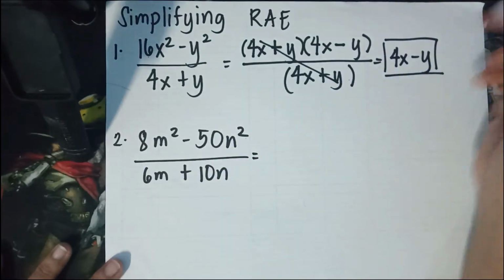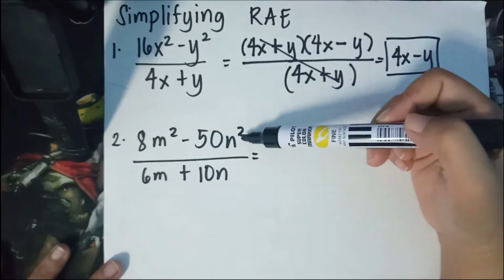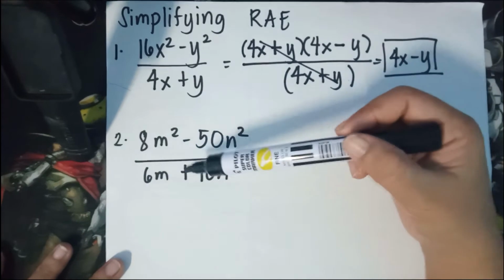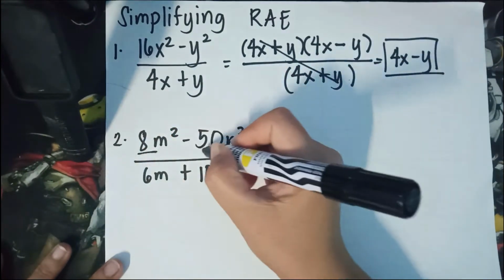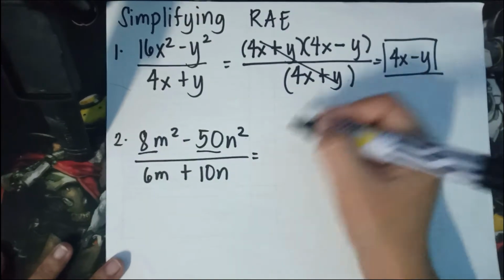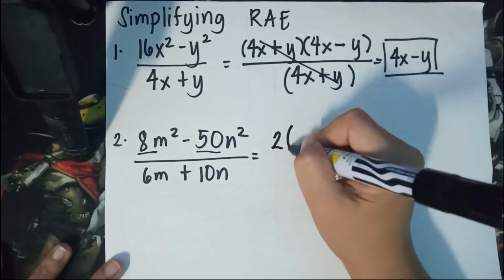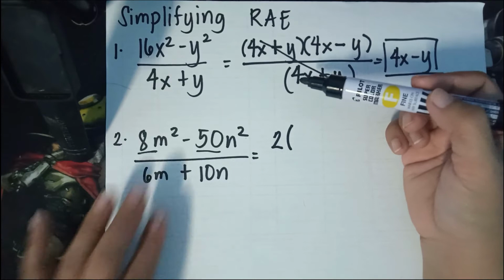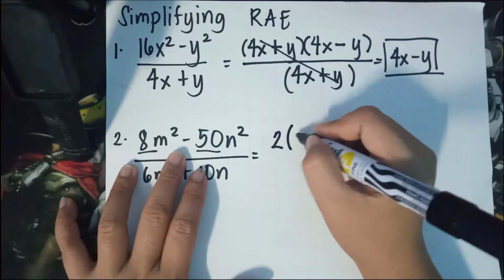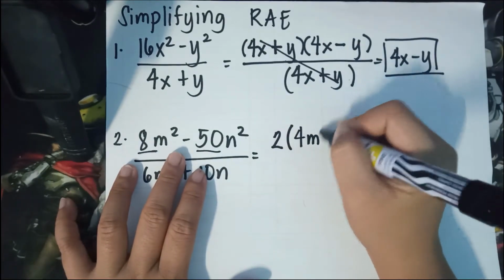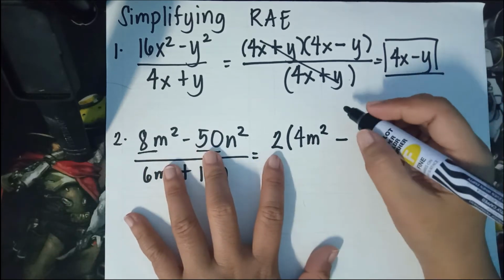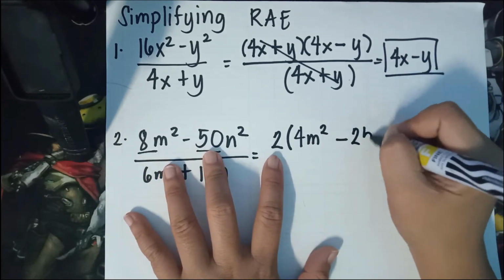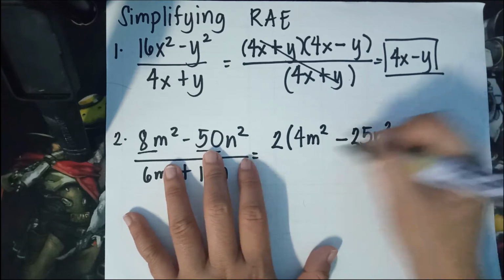Number 2, 8m squared minus 50n squared over 6m plus 10n. As we can see, there is a common factor between 8 and 50, and that is 2. Next, divide. 8m squared divided by 2, that is 4m squared, minus 50 divided by 2, that is 25n squared,